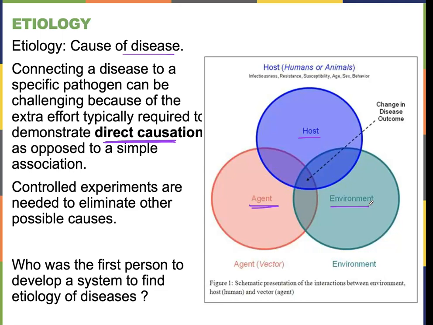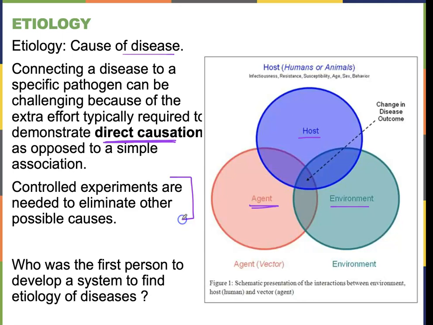Are you in a stressful environment? Are you eating well? What kind of other stressors are in the environment, right? So these are all the factors that come into basically the susceptibility of the person and how the disease is going to manifest. So sometimes if these variables are very different, it can be hard to pinpoint one causative agent for the disease. So you need to do some controlled experiments, right?